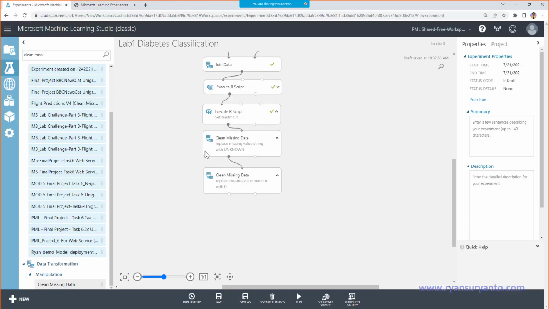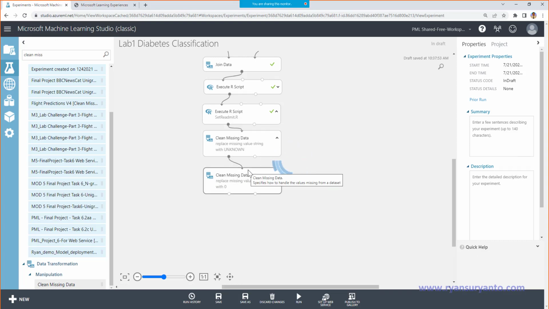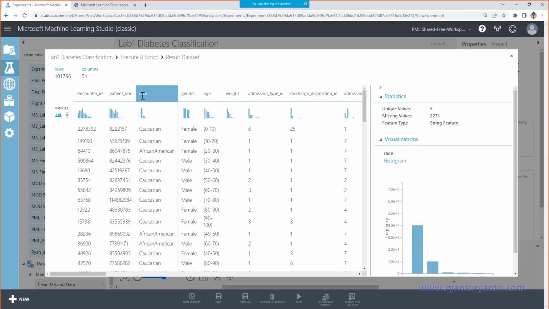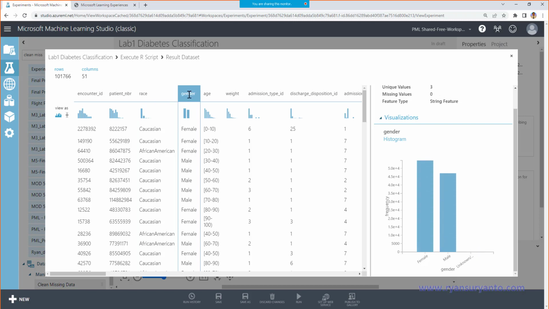Let me show you before we do the clean missing data. In the visualizer here, I can show you some string data. For example, 2273 missing values for this one, and gender has missing value 0. A few others maybe.